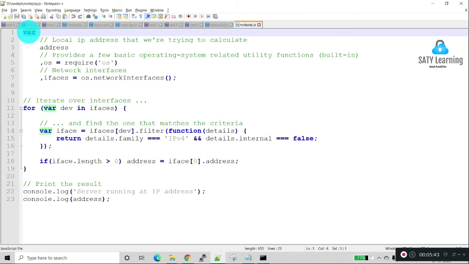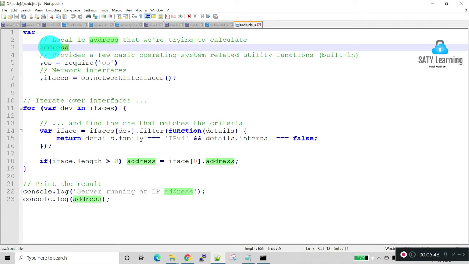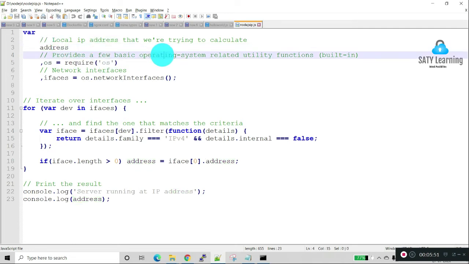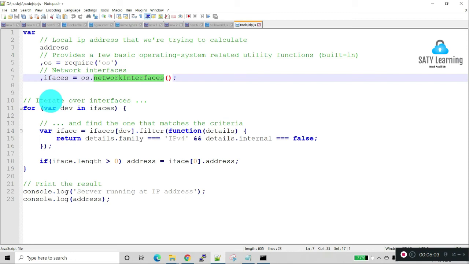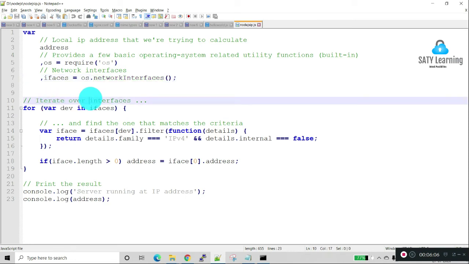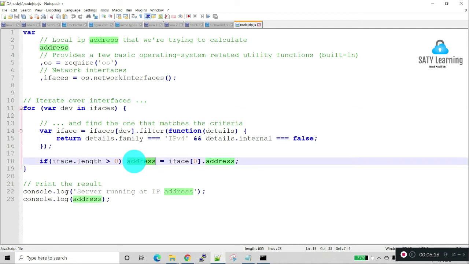I am declaring the variable address, and I require the OS details, and from the OS I'm trying to get the network interfaces. I iterate over the interfaces till I get the IP address. When the IP address length is greater than 0, I assign it to the address variable, and I am printing the result.